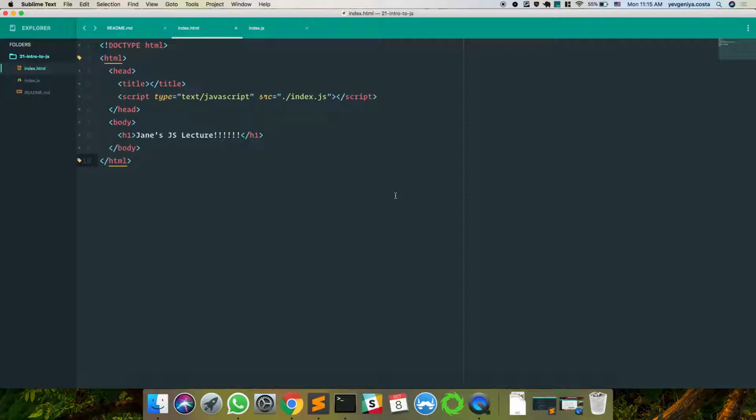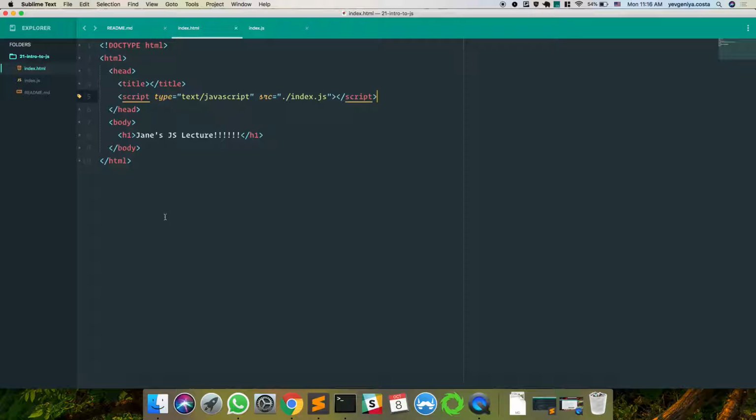So there's a few problems with doing it this way. Does anyone know what they are? Gavin? You might have a few files with the same name. No, we're not going to do that. That's not good practice. Andy? Are you talking about having the script on the top? Mm-hmm. If you have a bunch of images and text that you want to load from CSS, it's a bad idea to put the script on the top because JavaScript takes the longest to load. So you want to put JavaScript at the bottom so that all the images and everything else from CSS can load. Yeah, that's a very good point.